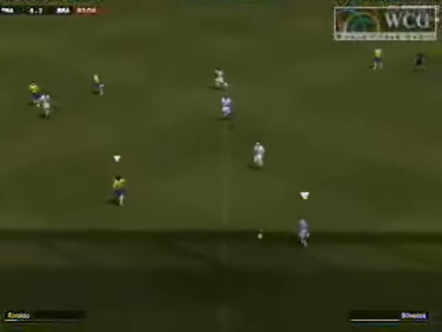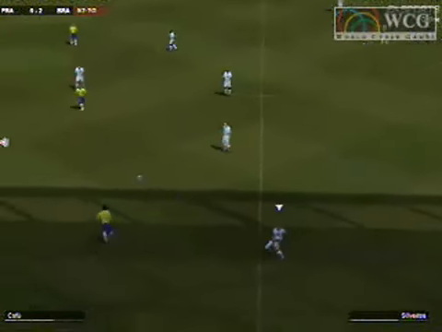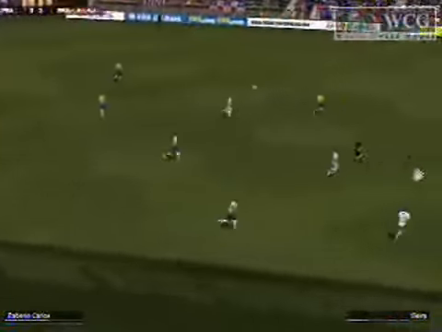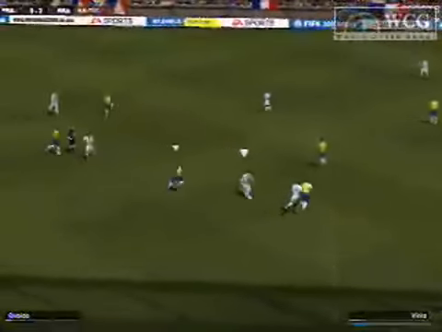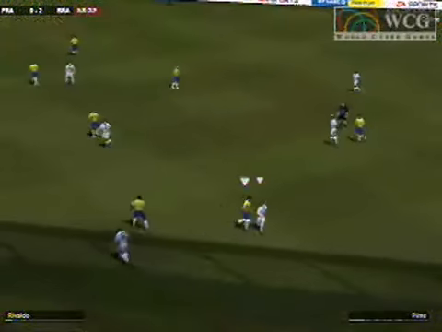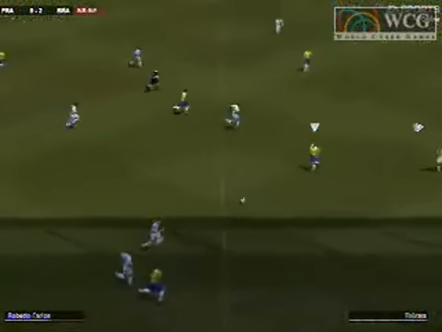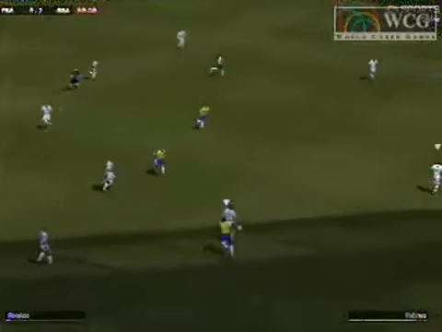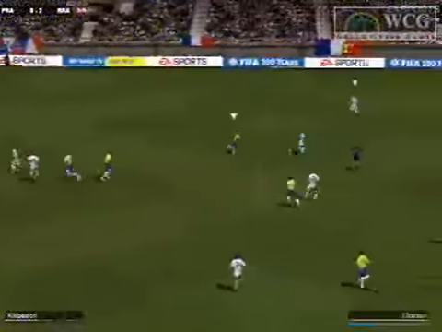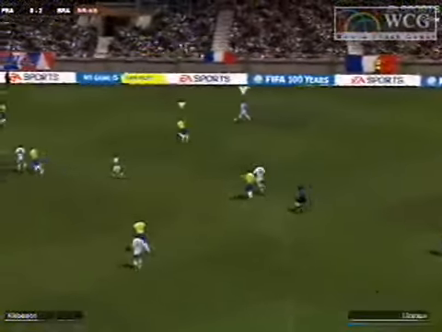Now Michele to Silvestre. Silvestre trying to make a run down the field. Takes a turn. Has a long ball out to no one but Cafu. If you're the French strikers, you're wishing Cafu's not down there, because he is a very, very good defender for this Brazilian team. Now Roberto Carlos to Rivaldo. Rivaldo misses the pass. That's a botched pass. Sends it right to the center mids, or the right mid of this French team.